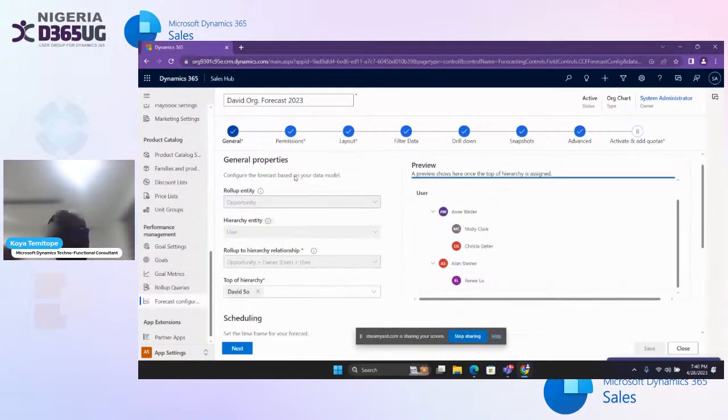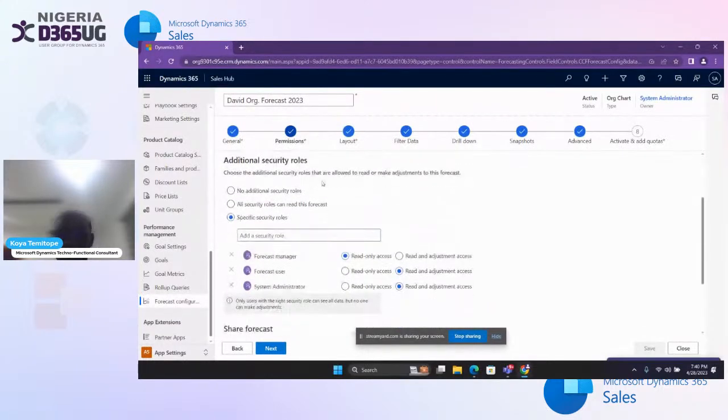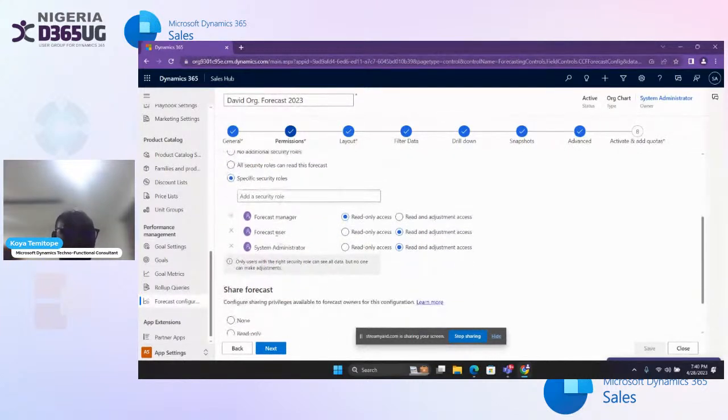Under the permissions, we have how you can define your permission within the system. If you look at what I have here, I have the security rule that I've defined here. I gave it specific users. Those users within those security rules I have selected will have permission to this forecast I have created. So you can see that I've selected my forecast manager security rule, forecast user security rule, system administrator security rule, and I've also defined